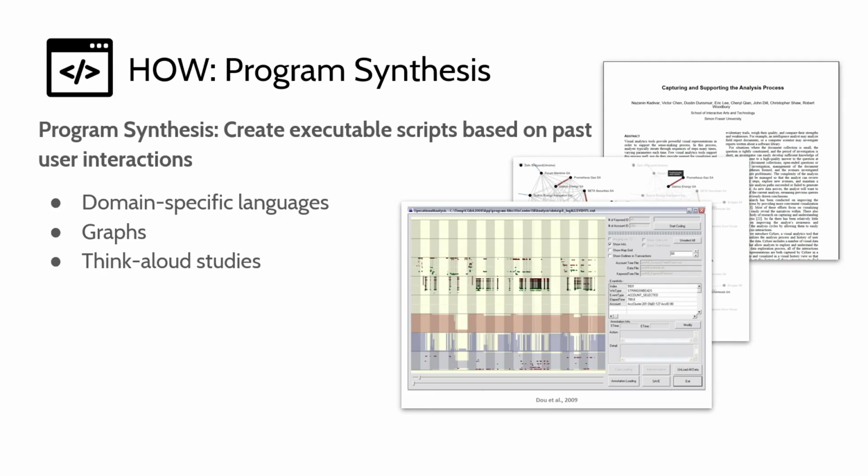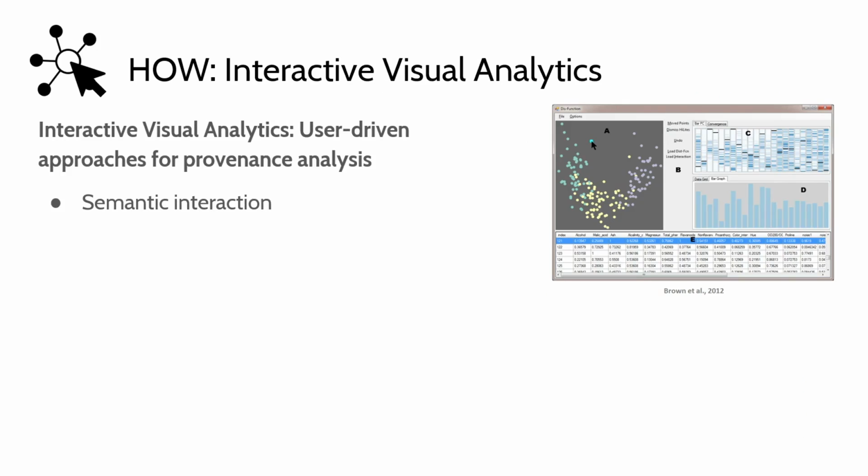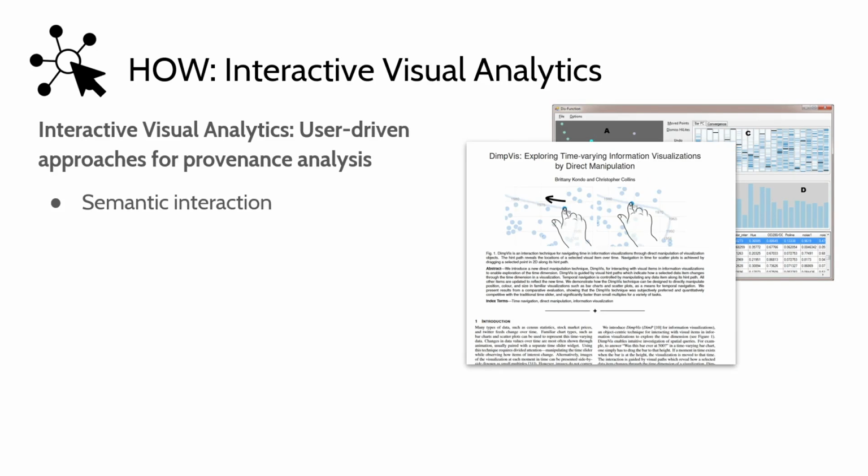Additionally, understanding the cognitive behavior and strategy of users via think-aloud studies and the review of interaction logs can enable the post-hoc analysis of provenance data for tasks such as analyzing eye movement data to identify user exploration strategies. Further, interaction can be used to analyze provenance data. The semantic interaction approach used for interaction with the projection of glyphs and the manipulation of constraints and coordinates demonstrate one means of interactive exploration to understand underlying models and learning routines.